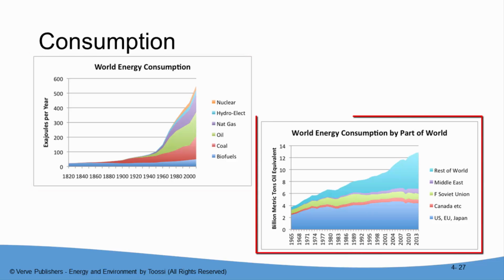The slide at the right is the world energy consumption in different parts of the world. Again, we can see that the US, Europe, and Japan, the industrial countries, have been using fossil fuel for the most part, and continue to use it. It kind of flattens out as we move on to the 21st century. What is interesting to note is that what is considered to be the rest of the world, which includes the developing world, has been using energy at a much, much faster rate. So the future